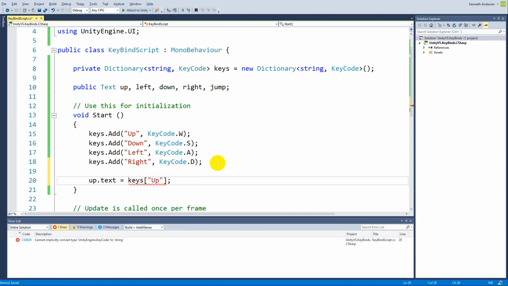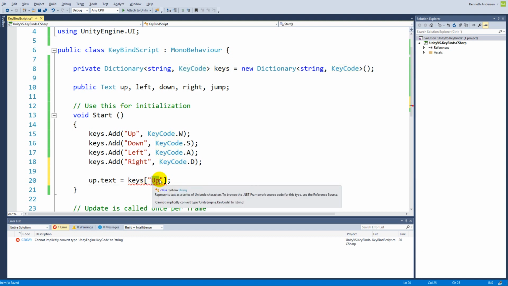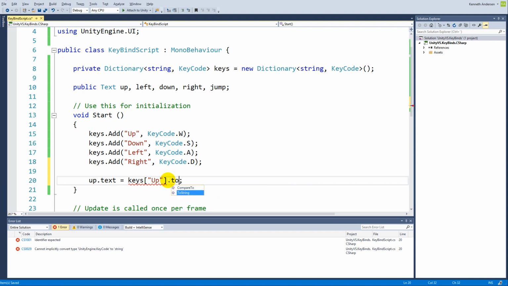Okay, as you can see now, it complains, it says cannot implicitly convert type UnityEngine.KeyCode to a string. That's because we have a key code in our keys, and under the key up, maybe it's a little confusing because everything is called keys right now, but under the string key, which we have defined here, called up, well, under here we have a key code, and it returns a key code, which is W in our case. And the text can't just translate that, so we need to write dot ToString to translate